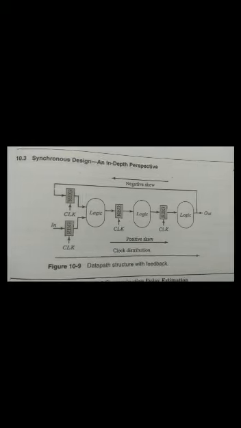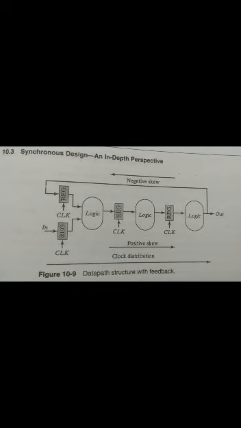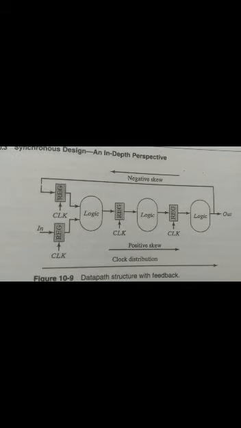Now if you go to the second case, you can see the clock has been connected in the opposite direction. It is reaching R3 first, then R2, then R1. And obviously we will have a negative skew. Okay, both have their own advantages and disadvantages. Now here is the data bus structure with feedback. Here you can see we have positive skew from left side to right side, and negative skew from right side to left side. Most circuits will have feedback for stability. In such cases we will have both positive and negative skews, which are going to play an important role.